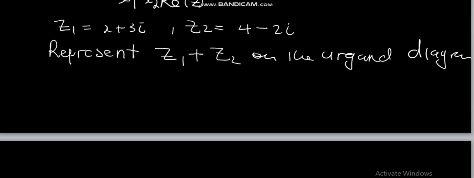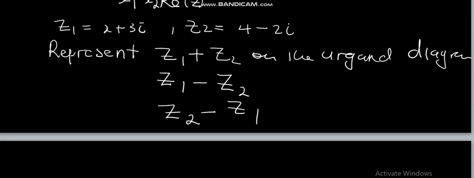Another one, they want us to represent Z1 minus Z2 on the Argand diagram. And then the last one, Z2 minus Z1. We are going to see